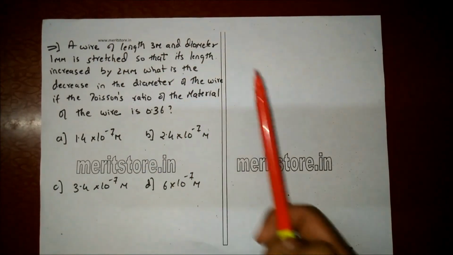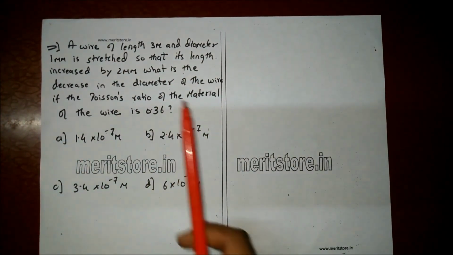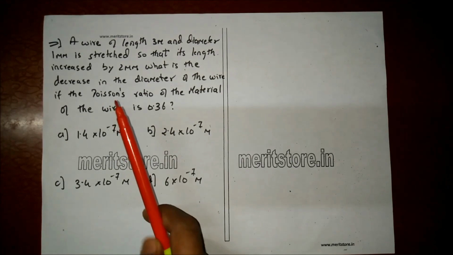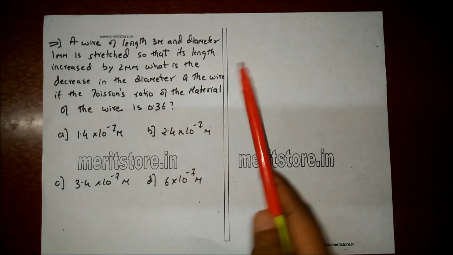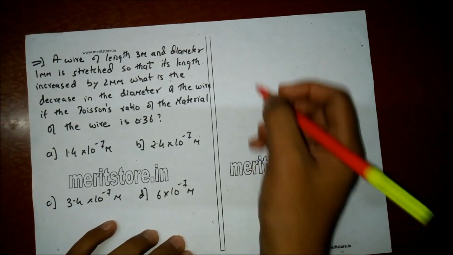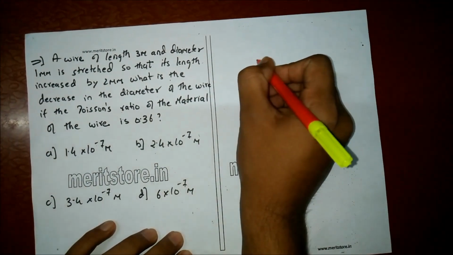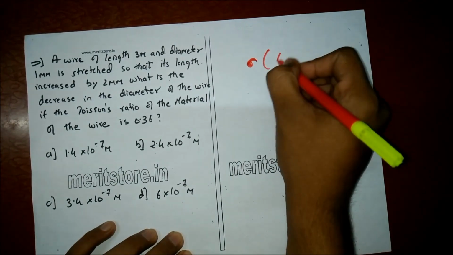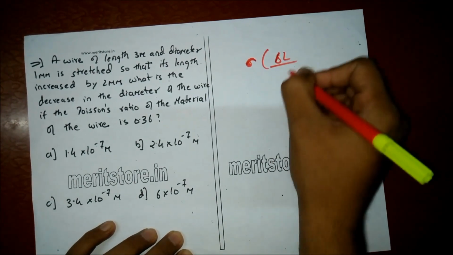A wire of length 3 meters and diameter 1 millimeter is stretched so that its length increased by 2 millimeter. What is the decrease in the diameter of the wire if the Poisson's ratio of the material of the wire is 0.36? Now Poisson's ratio is given by the formula